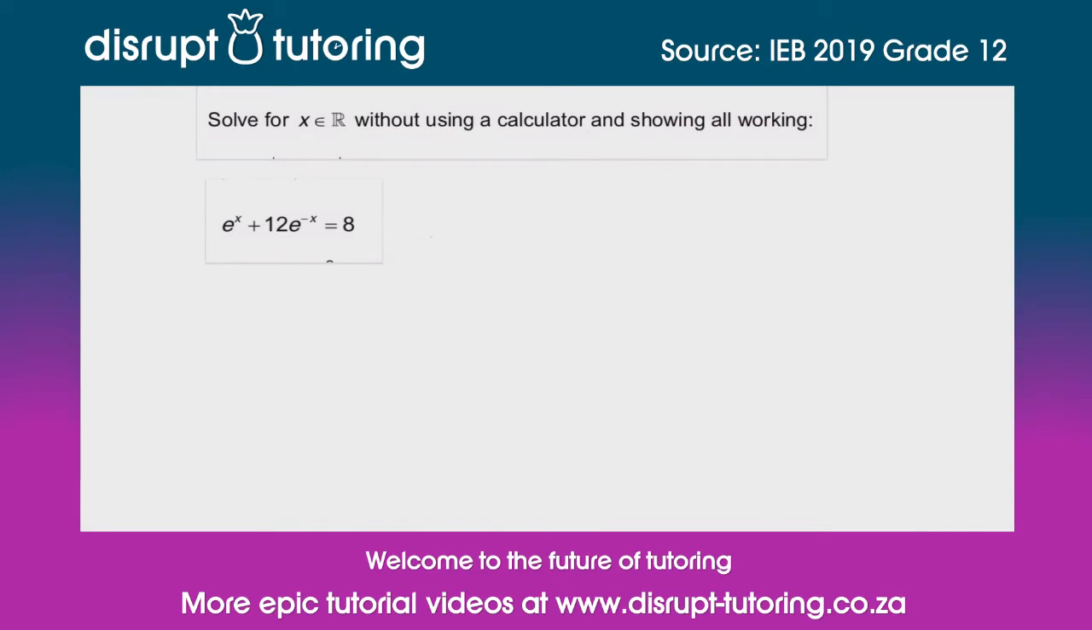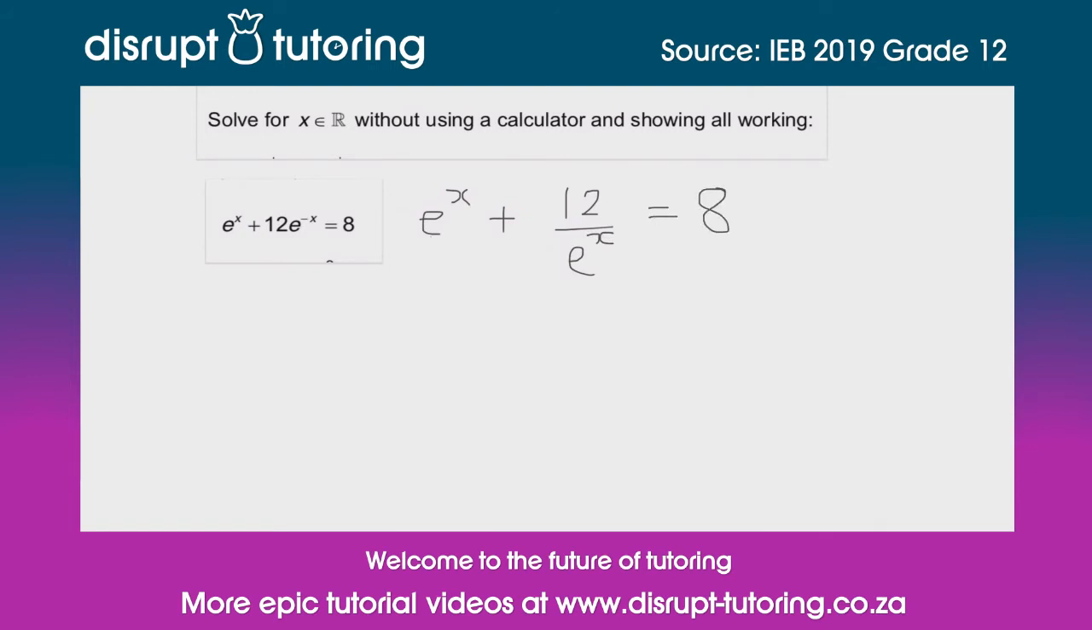Today we're going to deal with an AP Maths question on exponential equations using the Euler constant e, taken from the 2019 IEB Paper 1. In this question, we might prefer to make a substitution. So when we have e to the x plus 12 over e to the x equal to 8, it's quite